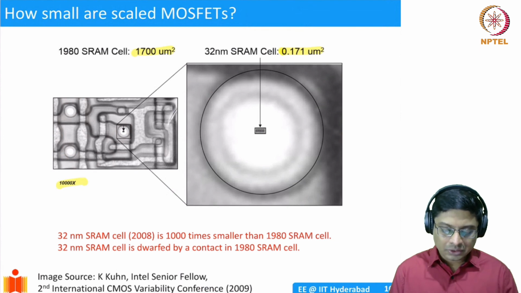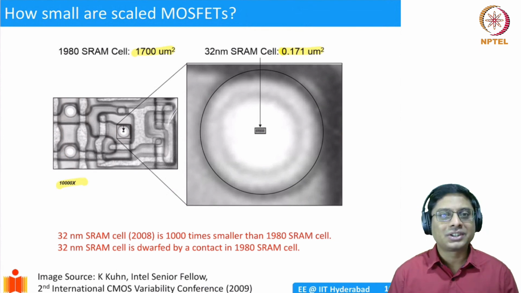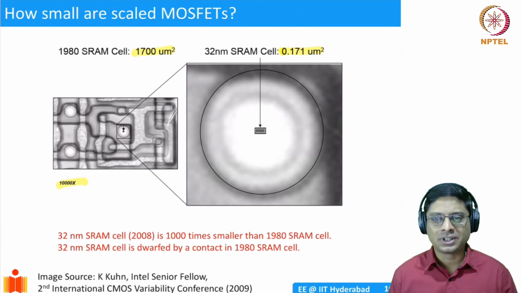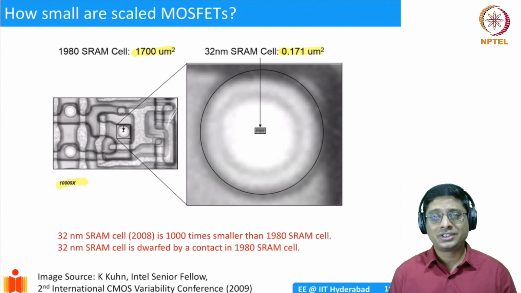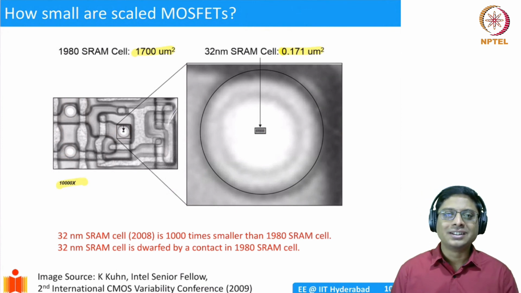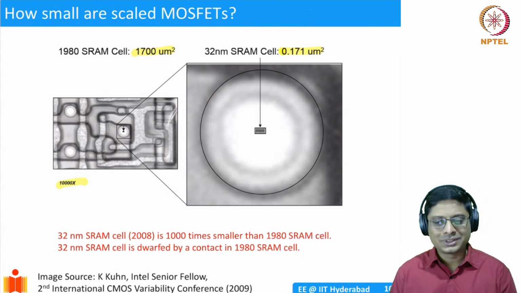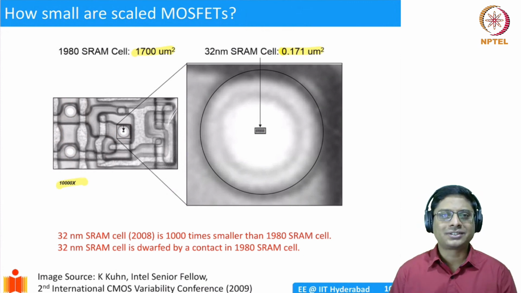So with that, I would like to stop my discussion on the scaling part of it. I hope you understand what scaling means and what technology means. If you open a newspaper sometimes, or you check online, what Samsung is producing, or TSMC is producing, or Intel is producing, they'll talk about 5 nanometer technology, 3 nanometer technology, research and all that, right? So you might understand what they're talking about. I would ask you to just check out those things. It's interesting. This is one of the forefronts of technology, and it is always very exciting to keep up with that.